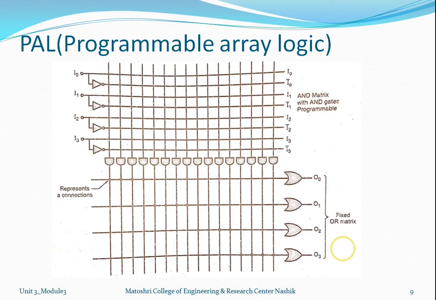of the PAL are similar to those of the PLA. The number of nichrome fuses of the PAL equals the number of available inputs and corresponds to the number of product terms. So from the number of product terms, we can select the number of inputs and the number of outputs, and accordingly we can vary this input buffer, this AND matrix as well as this OR matrix in the case of